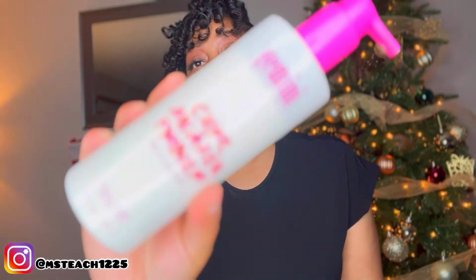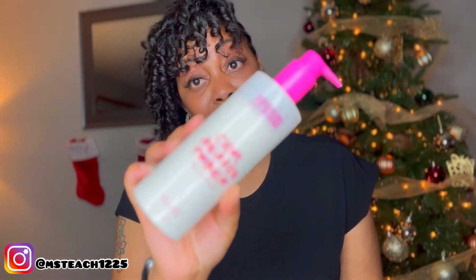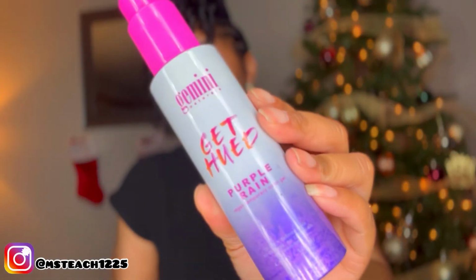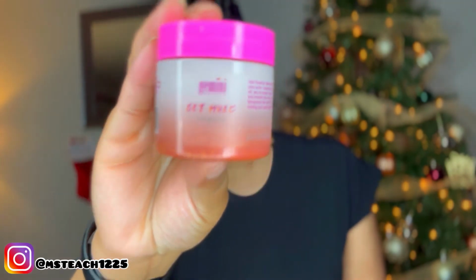And thank me later. Next up, couldn't be a faves video without my favorite temporary hair color, the only temporary hair color gel that I know, Gemini Naturals. So we have the Curl Awaken Primer, which is the leave-in conditioner, and this leave-in conditioner is the truth. Like, this stuff is bomb. And then we have some of my favorite colors. We have Purple Rain. These are all from the new packaging from Gemini Naturals. We also have Pink Berry. And we have Sunset, which I just used in a